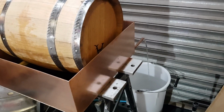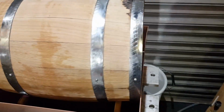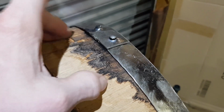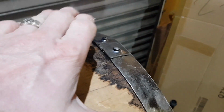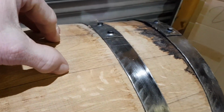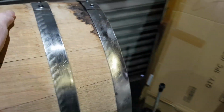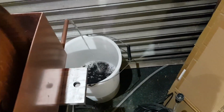While we're waiting for our mash, our turbid mash, I'm now emptying this. This has been full now for 2 days, and you'll see where the sealing takes place. This is where some of the staves would have been leaking, and so the water inside kind of oozes through, and then as it expands creates the seal, because none of these are glued or anything. They're just matched up together, and then it's like a wooden boat. Wooden boats aren't glued or anything. They're purely the swelling of the wood that keeps them watertight. Quite interestingly,